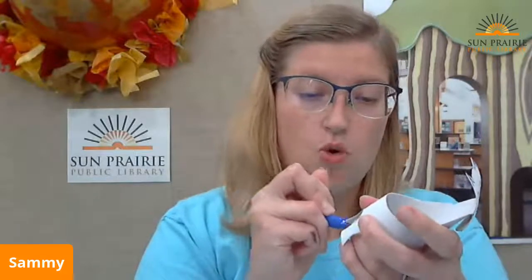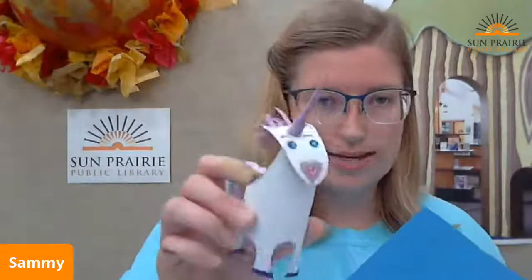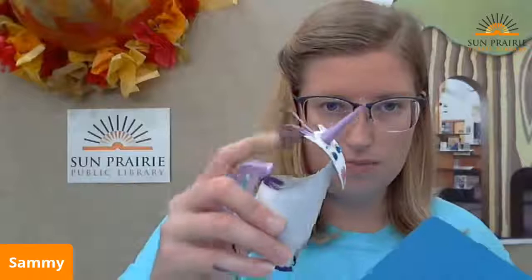Then, other than the horn, the next step is we have to add a tail and some hair, right? You can use all sorts of things for this. You can use paper, or you can use ribbon, or maybe you've got some extra fabric laying around. You can use whatever you want. So what I did for this guy's hair on his head up here is I took some more of my scrap paper